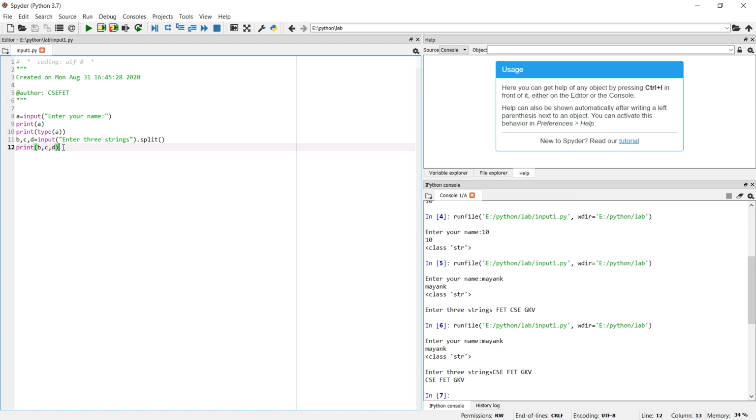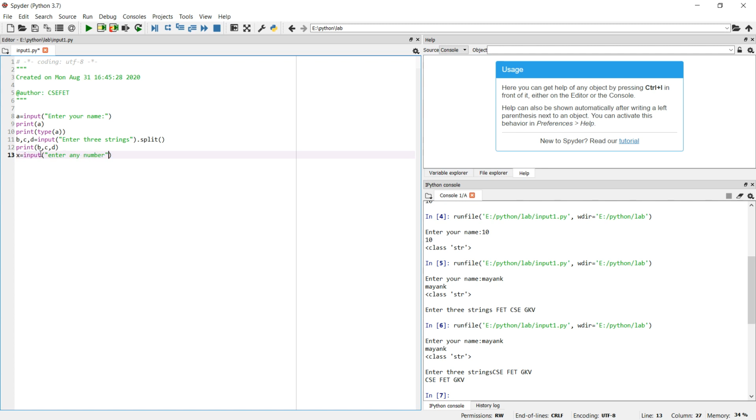Now suppose I have to use only one variable which has to be input by an input function. Let's take this variable as x and we write input, enter any number.